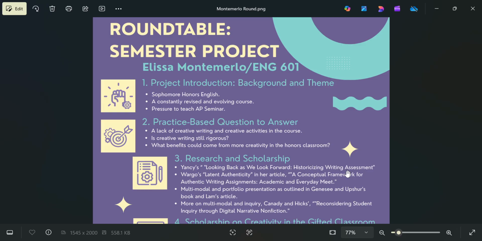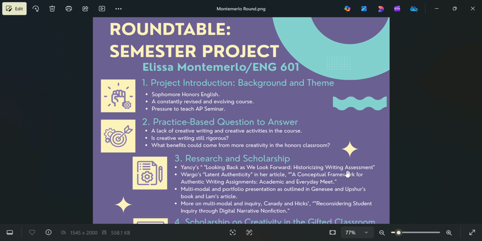A quote that struck me this semester came from the Kennedy and Hicks article. It stated, "Rethinking research writing as a multimedia story-making rendered the familiar strange, reinforcing student inquiry, while also cultivating important skills for composing using multiple modes."